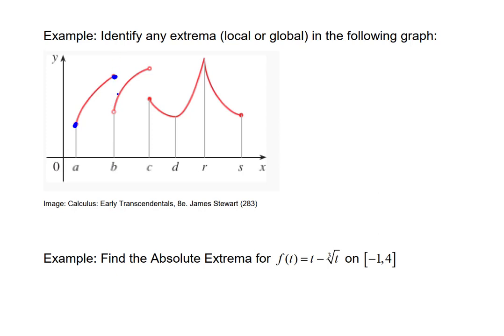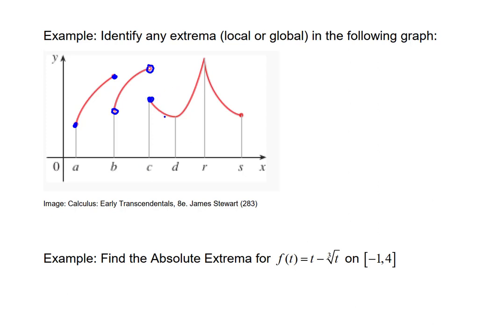Directly below f of b, where there's a solid dot at f of b, below it there's an open circle starting another piece of the graph, which has a similar shape, increasing but bending downward to the right as it goes up, until we hit a circle at the top of that piece, which is directly above c, the input. And then f of c below that open circle is a solid dot, which is starting another piece,